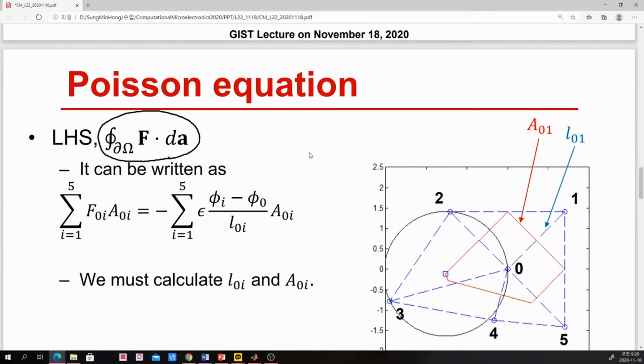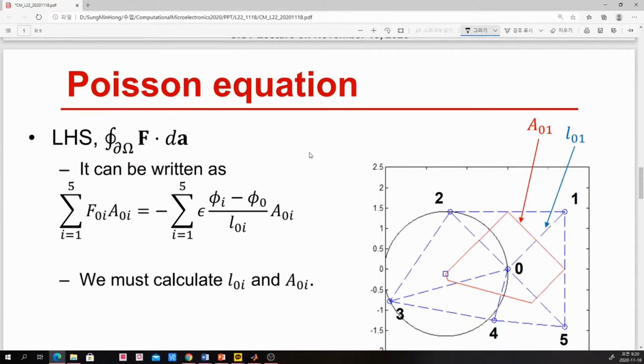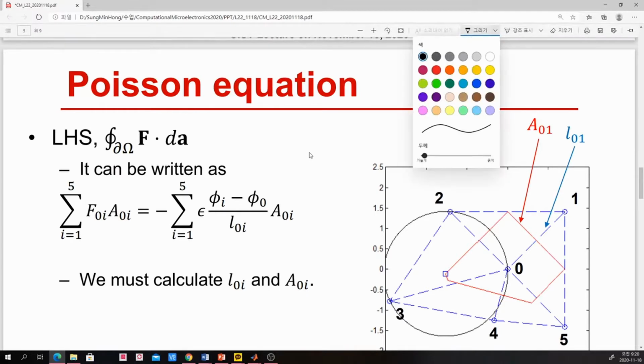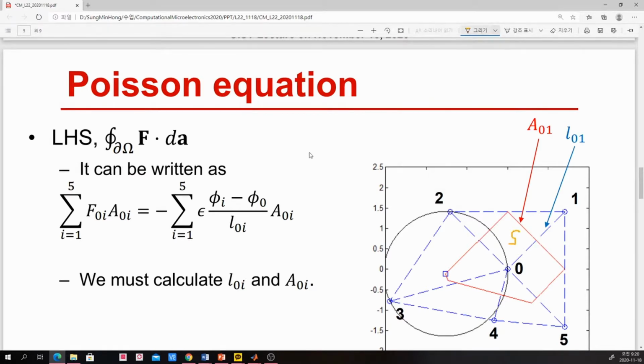Here we have the flux, in this case displacement, and the infinitesimal area component, then we make it an area or surface integral. This is the Voronoi cell omega for the center node 0, and this is the boundary of omega, corresponding to the surface of our